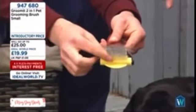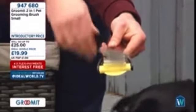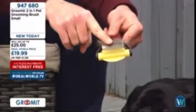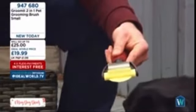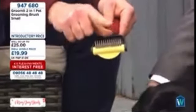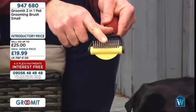Now, just before we do anything, just explain the brush again, if you've just joined us. It's quite unique, this. Let me show you. There are two sides. You can see the hair that I've got on here, on the de-shedding side, and I'll come to that in a second. I'm just going to pop that in the bowl to show you how much hair we've got. But there are two sides to this brush. Very clever. The first side, the bigger, wider teeth, is the grooming aspect of the brush, for all dogs, to help open up